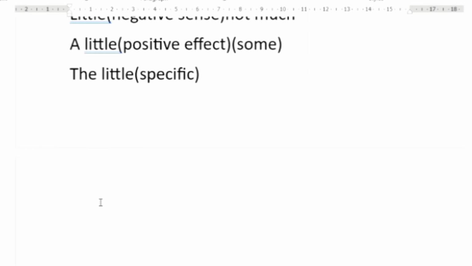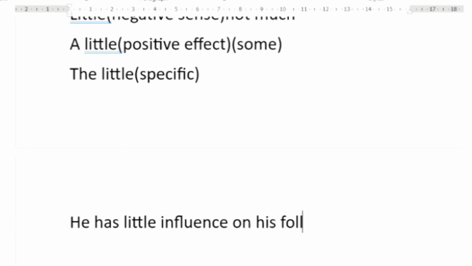Like for example, let us take up some sentences. He has little influence on his followers. Now, what do we understand? Does he have a lot of influence? No, almost equal to 0. So over here little means almost equal to 0. Very less. Now same, if I write a sentence using a little,